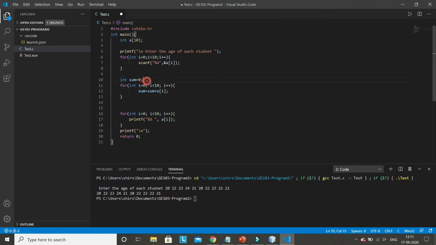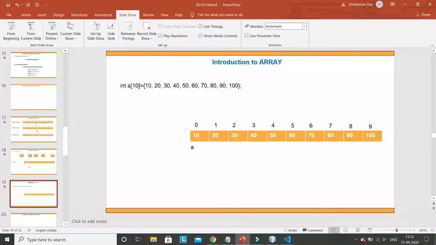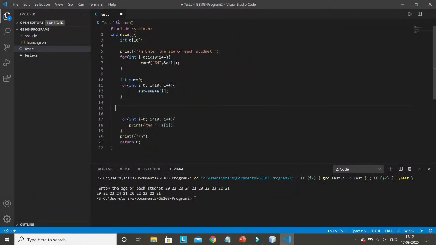Initially, the sum is 0, and now this for loop will repeat 10 times, and every time it is adding. First of all, it will add a0 to the sum, as the initial value of sum is 0. Next time it will add a1 to the sum, then next time a2. So after this loop, the value of sum will be the sum of the entire array, 10 plus 20 plus 30 plus 40, the entire thing. Now if I want to find the average, then I can write here